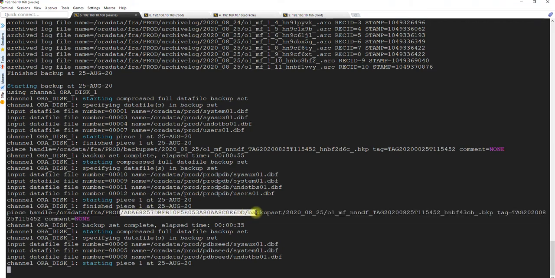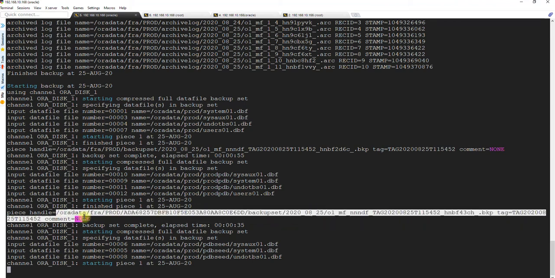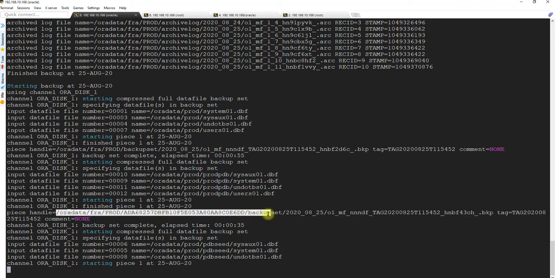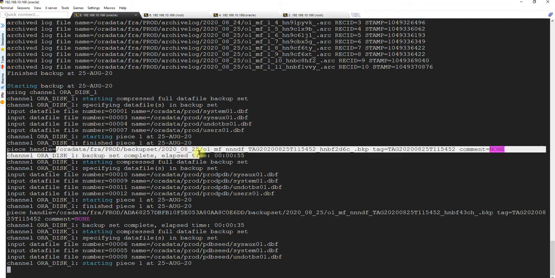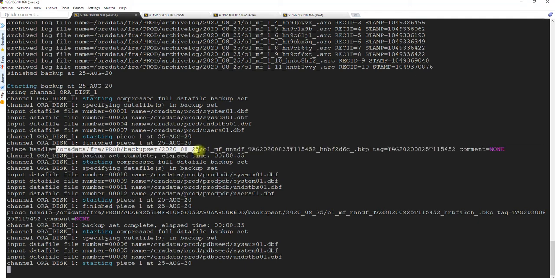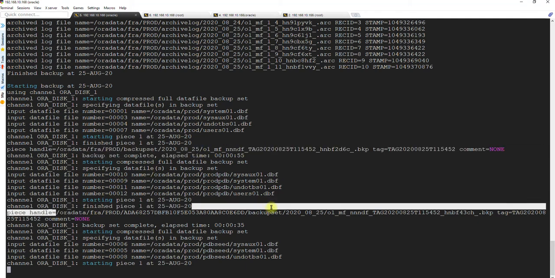This is where the data files are backed up for the PDBs. So this location has to be looked after, and then we will go to each one of them as I showed you about this one, right? So we need to go to this location and then transfer the backup.